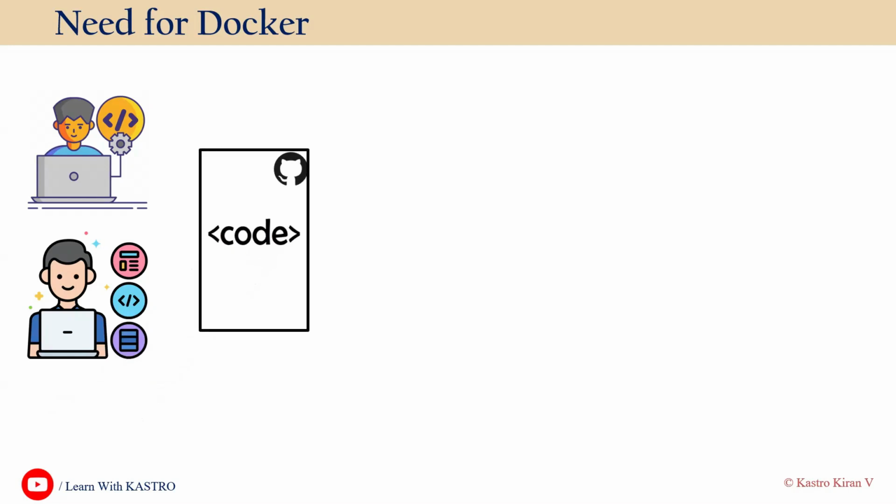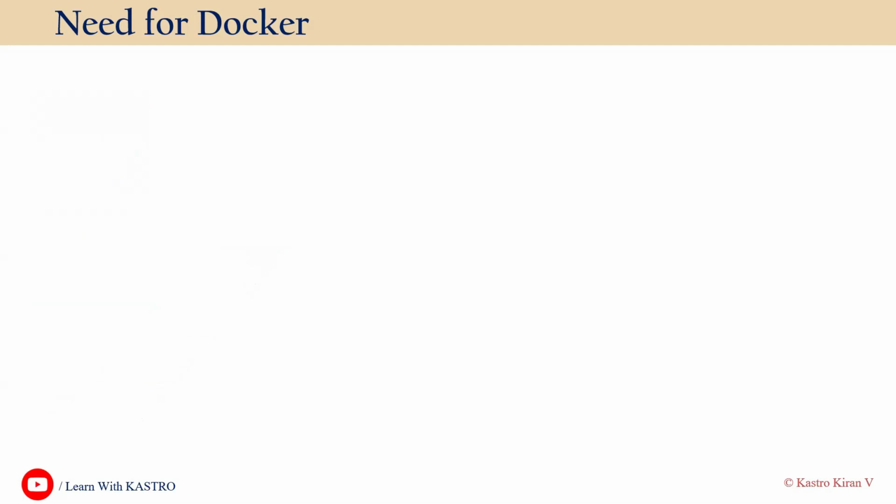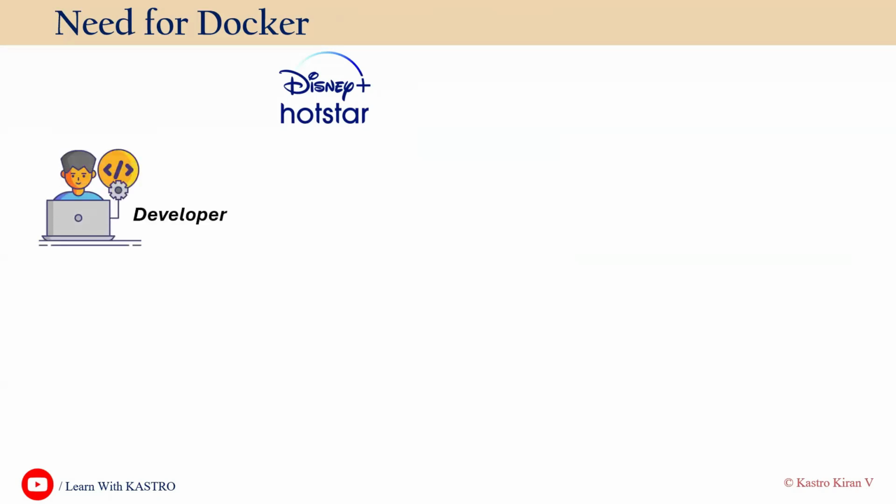Now, from here, as a DevOps engineer, we are going to work. What we do from this stage is most important. Currently, the code is available in the GitHub repository. Now, the next scenario comes in this way. Let's say the developers are developing an application called Disney Plus Hotstar. In the first case, developers will be available, and developers will write the code for the application.